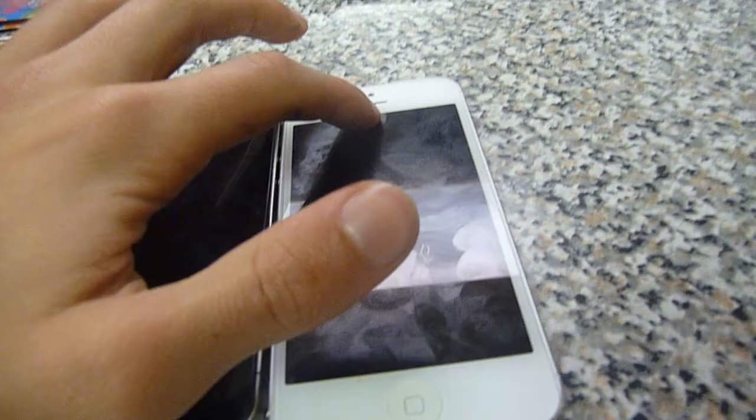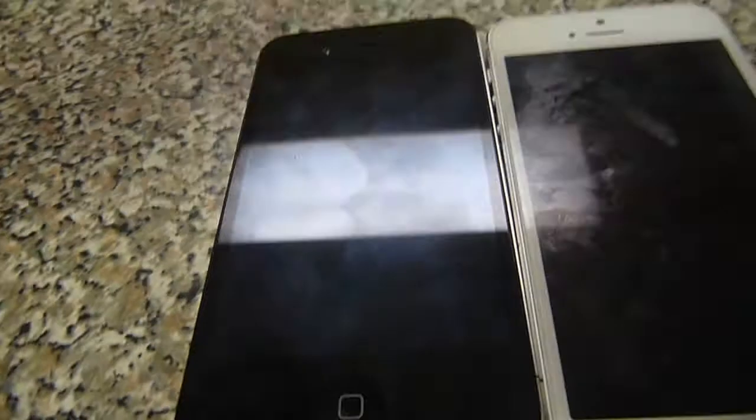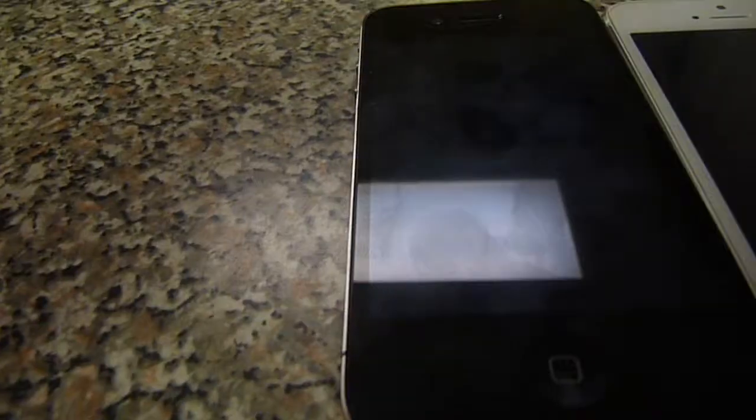But they moved the camera up to here, and if you look closely in the 4, if you get it under a bright enough light, you can see it on the 4S. There's like a black bar. Well, I guess you can see it on any white iPhone, but it shows up purple if it's bright enough on the 4. And so they moved the camera to the top on the 5,